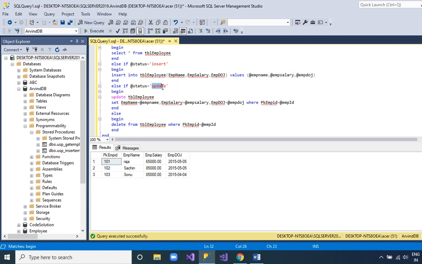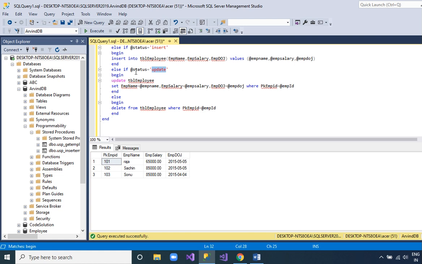If the status is update, then this query will be performed on the basis of the employee ID that we will pass into it, and we will pass these three values also. So all these three values will be updated for whatever employee ID we give here. Apart from that, if it is not, then this delete query will be invoked.